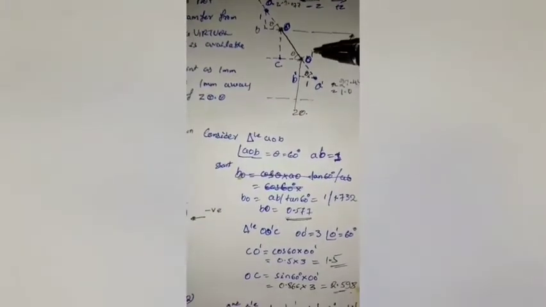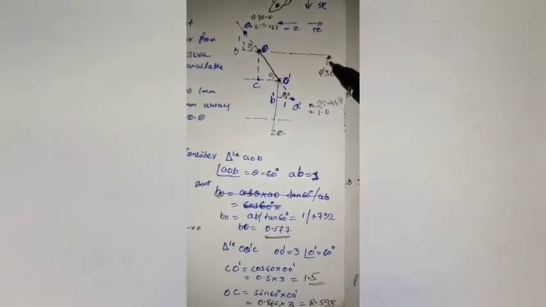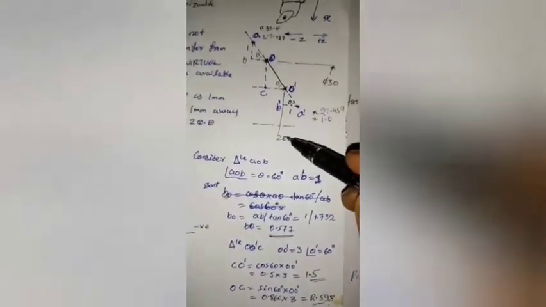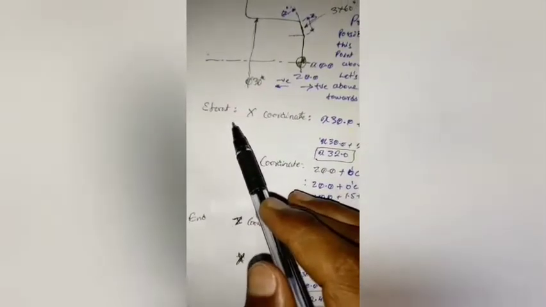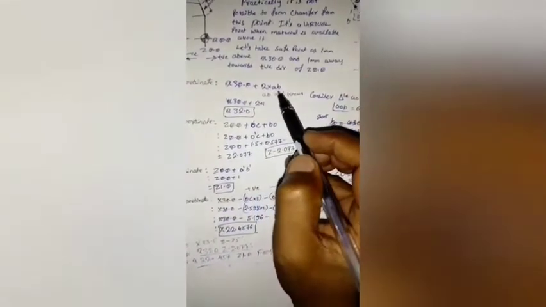Similar triangles, only the change is 60 degrees. So I'll directly go to the calculation. The explanation of this is the same thing. Here the reference is diameter 30 mm, and here the reference is Z0.0. From the start, I'll go to the calculation of the start X coordinate. So I'll go to X30.0. This is 30.0, which I have taken as a reference. So X30.0 plus 2 multiplied by AB.